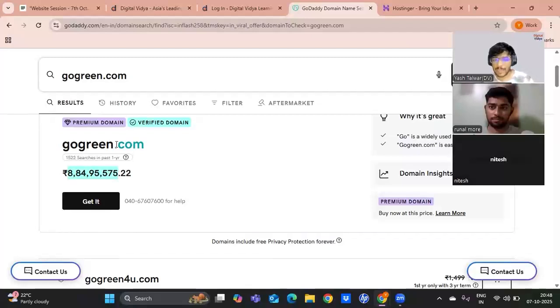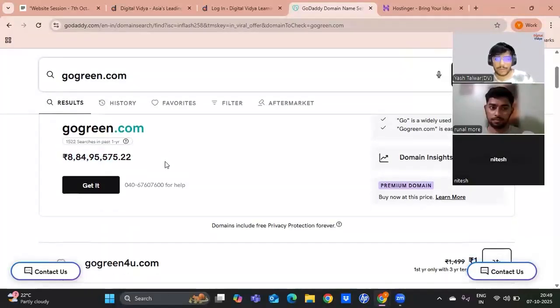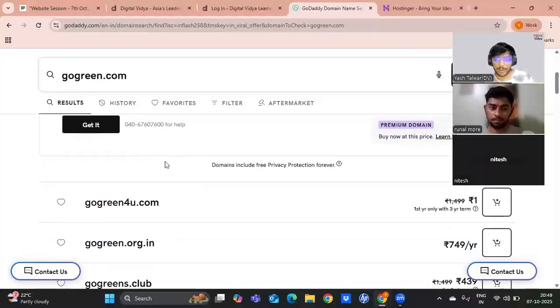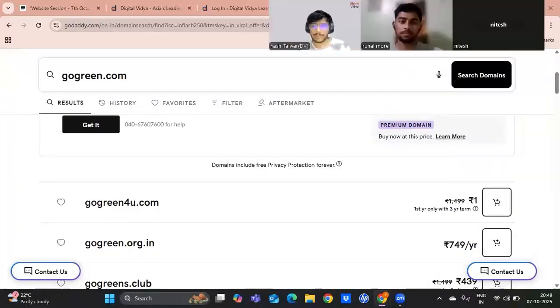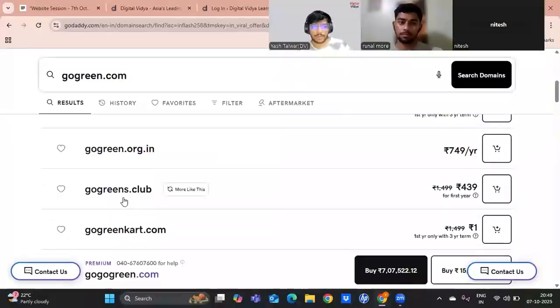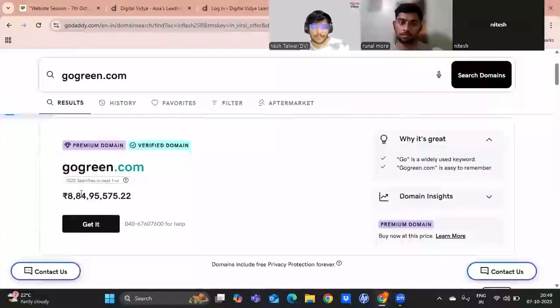And like I said, if I just change the extension, if I just change .com, you can scroll down whenever you're searching for a domain, it will show you some alternatives. See how drastically the price changes. gogreen.org.in is listed for $750 per year, and this one is listed for this absurd amount.